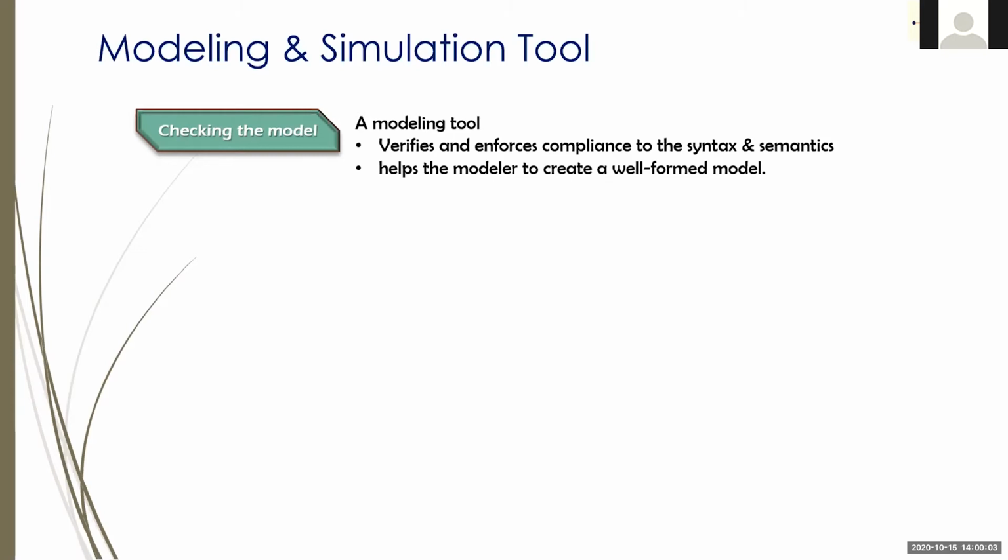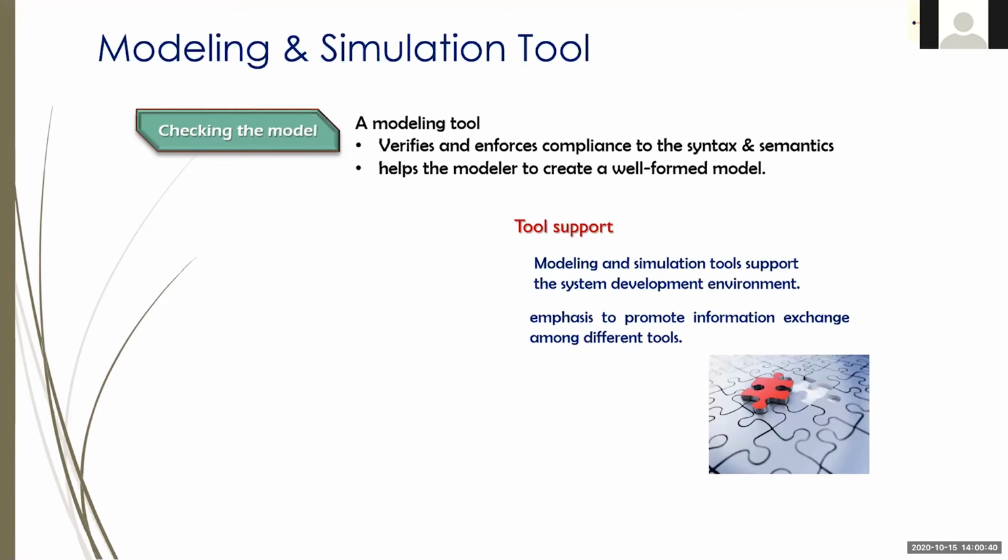So having that tool is very important because you embedded in the tool the syntax and semantics that it supports. And when you are building your models, that tool can help you determine whether or not it's a well-formed model, whether or not you follow the syntax and semantics when you were creating that model. So that's it. It's very important, and helps us remove many defects, okay? Now, we may also have this tool support through the whole development cycle. That would be very good, okay?